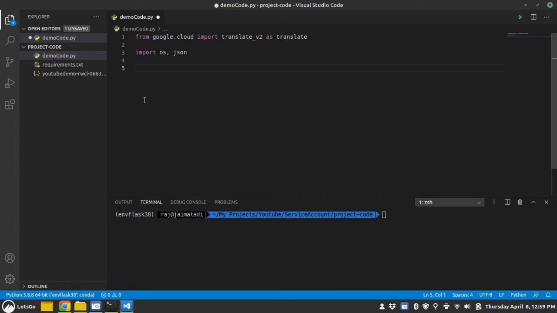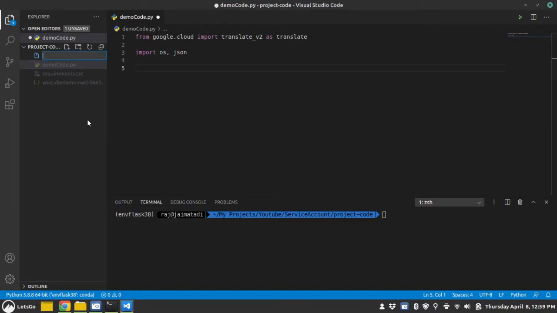But let's say you want to deploy this project on Heroku through GitHub, you don't want to push this service account file to GitHub. So in that case, follow these simple steps.